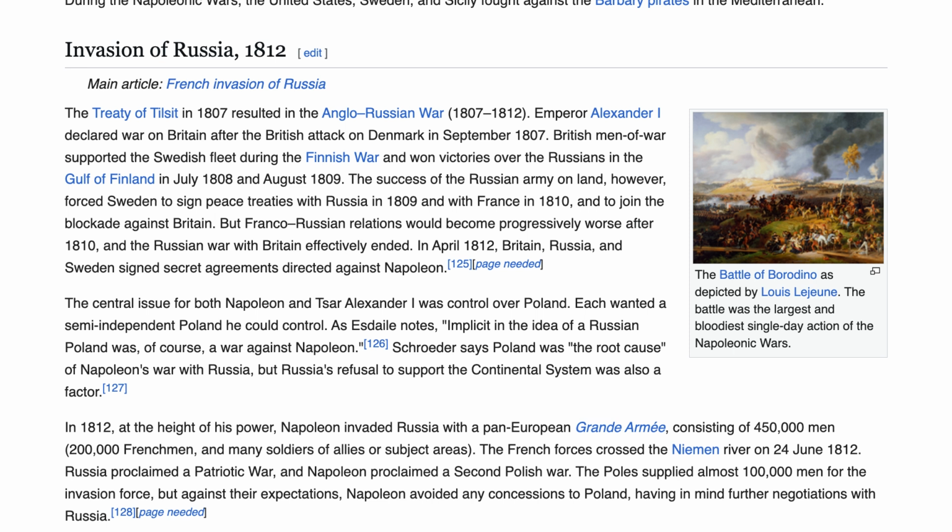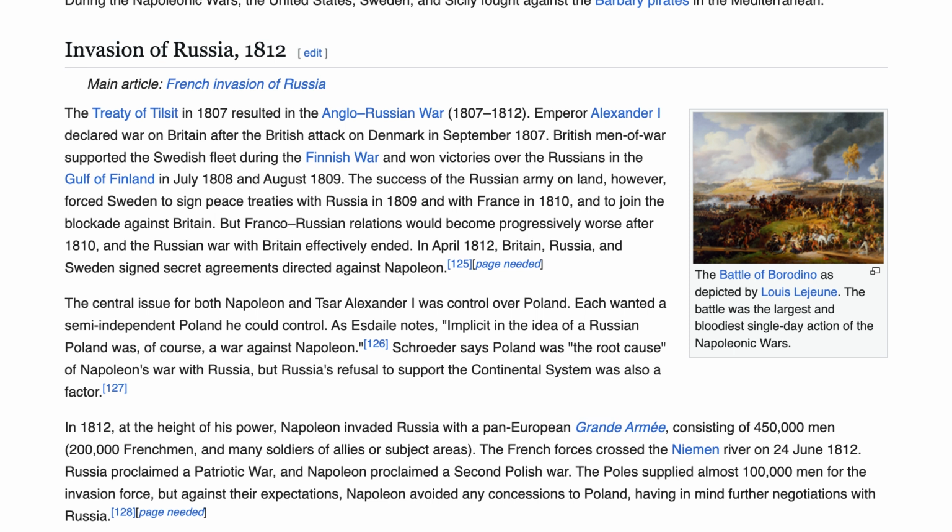The central issue for both Napoleon and Tsar Alexander I was control over Poland. Each wanted a semi-independent Poland he could control. As Esdaile notes, implicit in the idea of a Russian Poland was, of course, a war against Napoleon. Schroeder says Poland was the root cause of Napoleon's war with Russia, but Russia's refusal to support the continental system